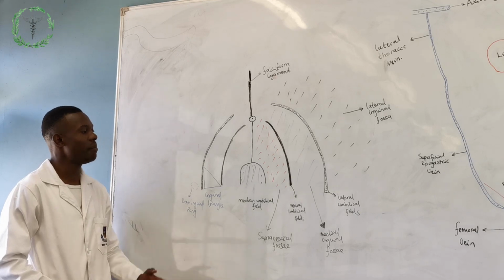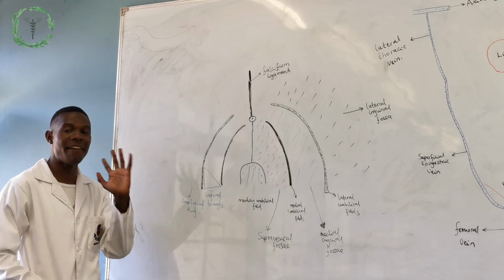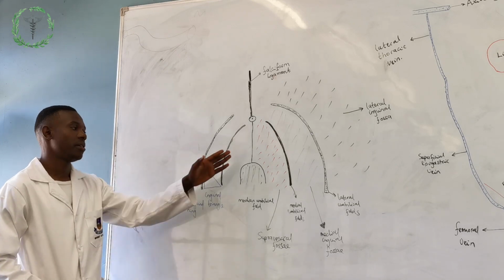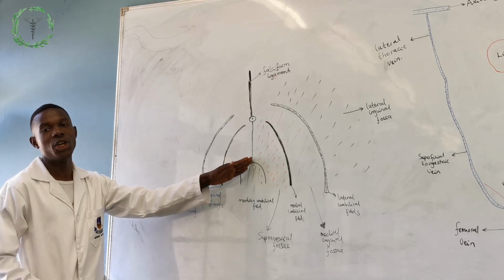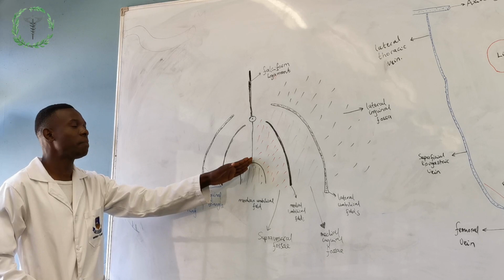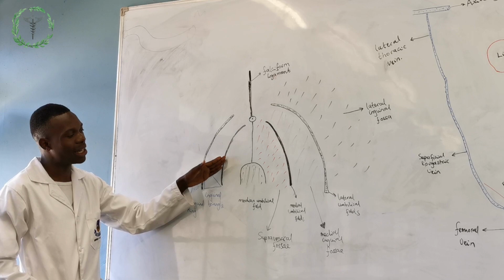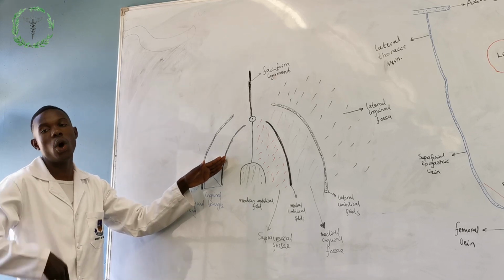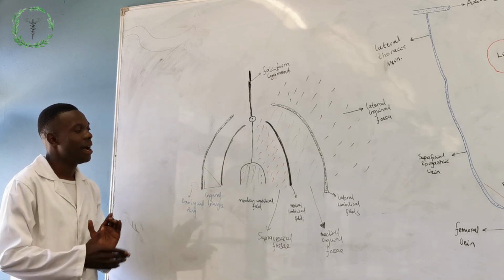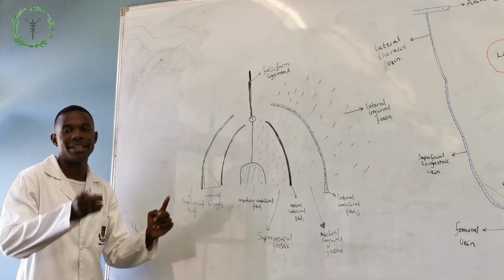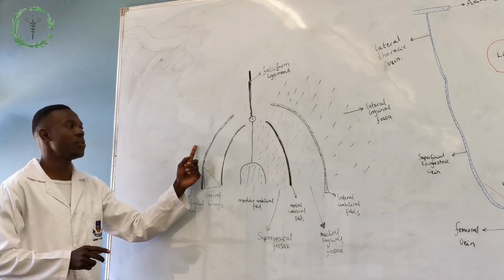Just a summary: in the infra-umbilical region, we have 5 umbilical folds. The median umbilical fold is formed by the remnant of the urachus, which will be the median umbilical ligament. The medial umbilical folds are formed by the occluded umbilical veins. And then we have the lateral umbilical fold, which, if cut, will bleed. All of the others, if they are cut, won't bleed. But this one, if it is cut,